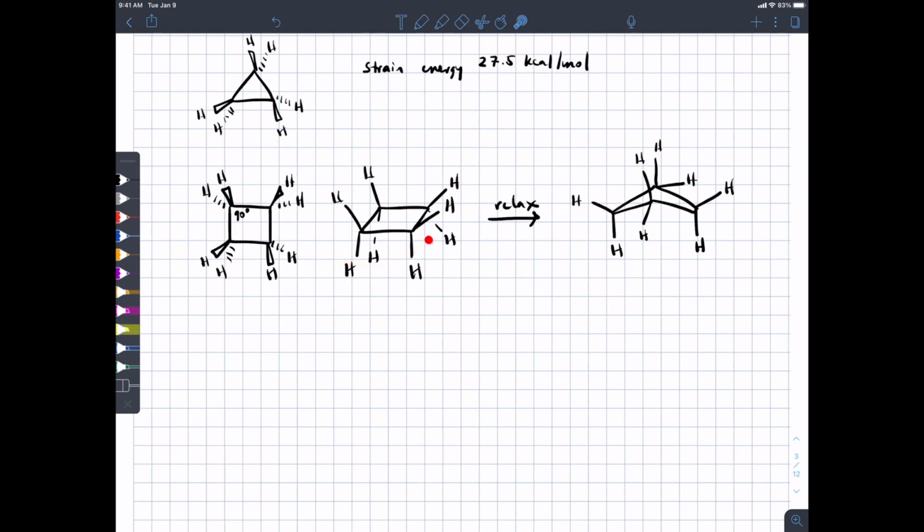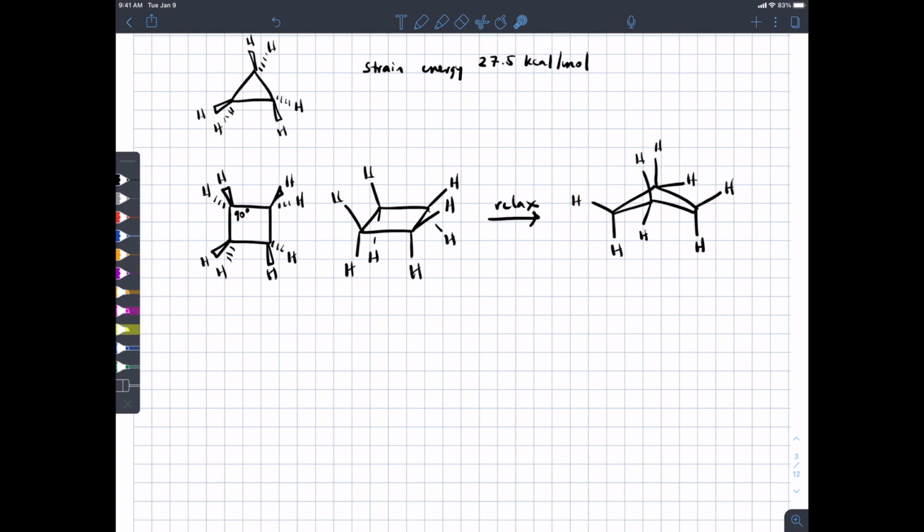Do you see how if this were a completely flat group, all the hydrogens would be eclipsed? And that's bad. We call that torsional strain, or that's what we have been talking about with butane and pentane. So you can relieve that a little bit, and you can relieve some of the angle strain by